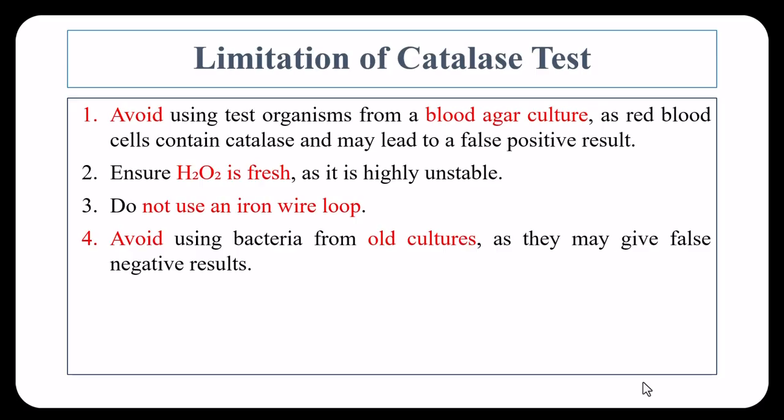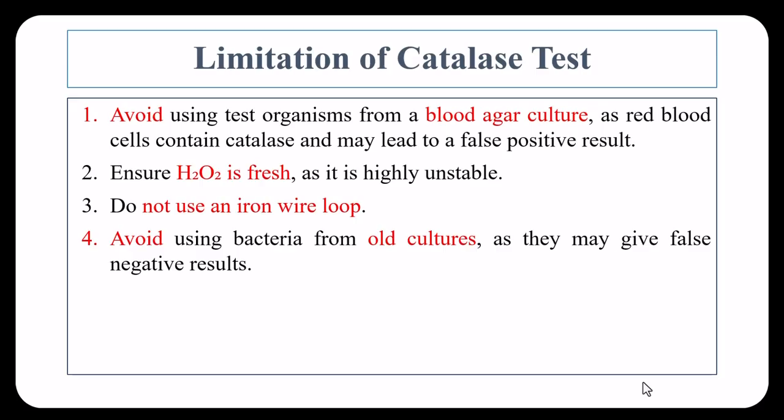And we should ensure that the reagent is fresh, and we don't use the iron loop because the iron might react with the hydrogen peroxide and produce false bubbles. Therefore, always use a wooden stick or plastic loop to get the accurate result. And we always use a fresh culture for all tests because the old culture of the bacteria can lead to